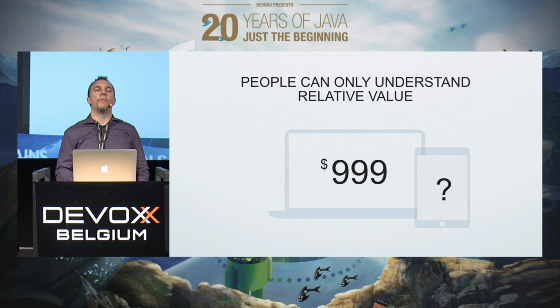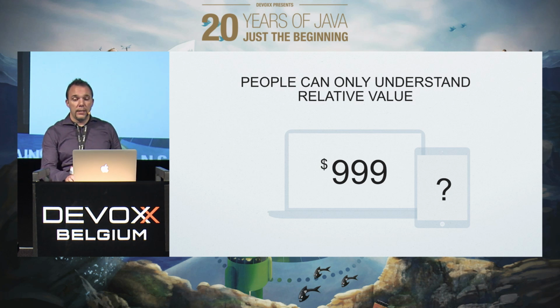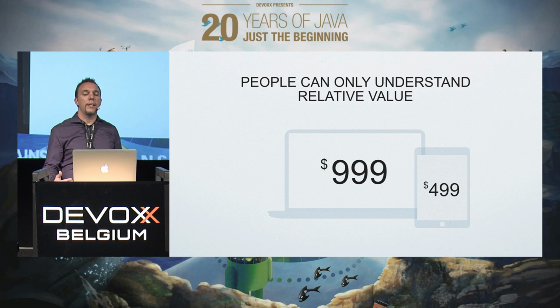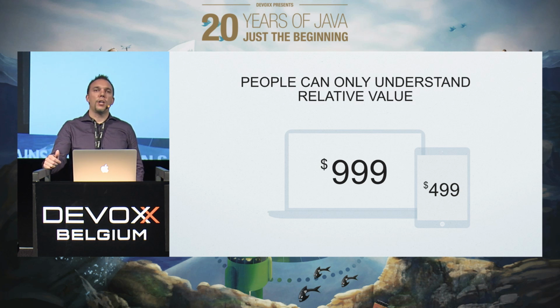I'm only spending half. We humans have a problem with absolute values, but we are very good at dealing with relative values. Anchoring is really a means to put this $499 into perspective and to put it against something else. Typically, you anchor your stuff against something of a different category. That's why you see some startups on their pricing pages say, for the price of just one espresso at Starbucks, you get so much storage for free, so much storage from our service. That's called anchoring. Okay.